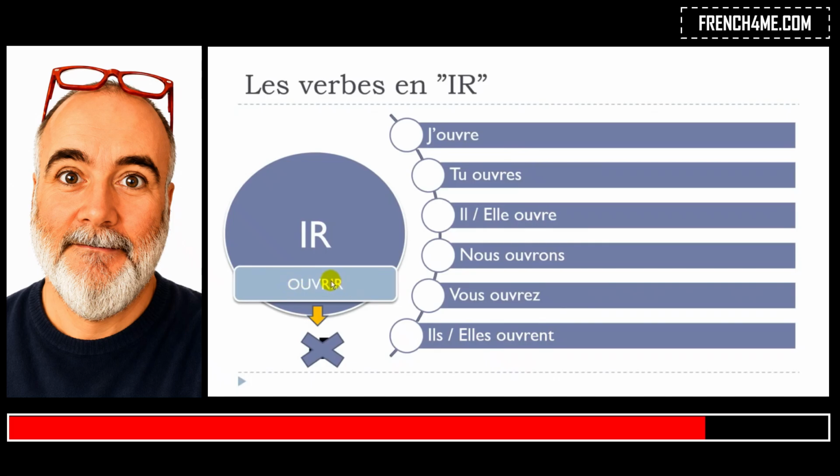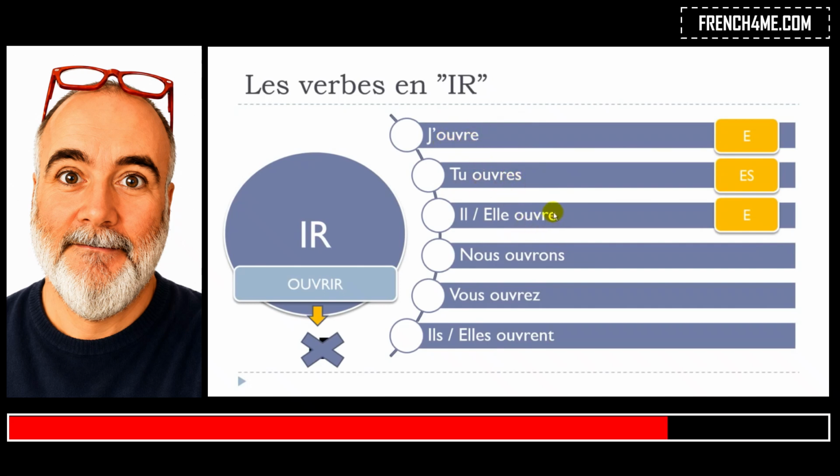Okay, so it's clear that we've got this verb ouvrir. Okay, so ouvrir is ending with ER. And as I told you here, you should take this ER away. Okay, so you will get the form OUVR. And then after that you will add the endings, E for je. So that's the reason why you get j'ouvre. For tu, you will add ES. And that's the reason why you will get tu ouvres. For il, elle, you will add E, ouvre. Okay, so basically you get the same phonetical form here. Okay, it's the same pronunciation, but you should write it ouvre,